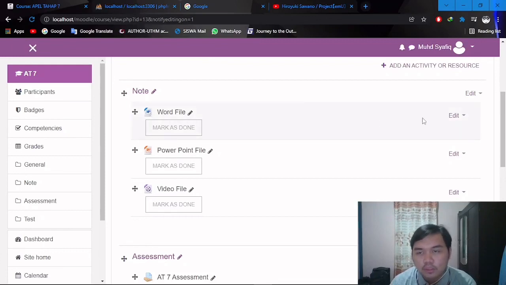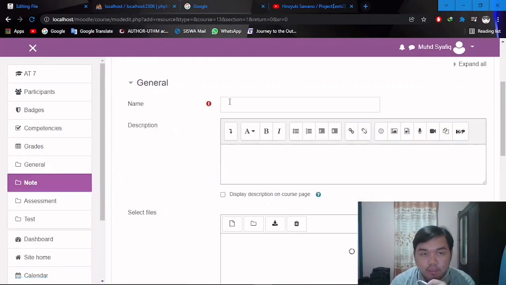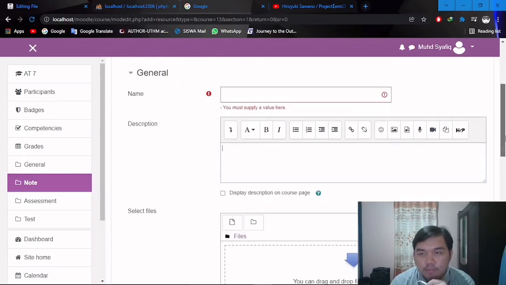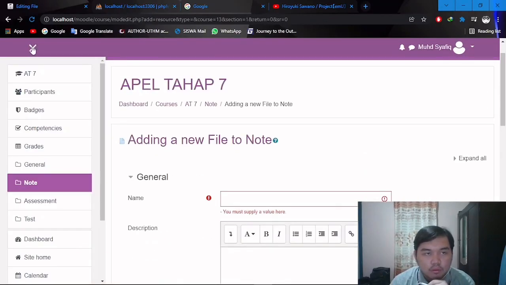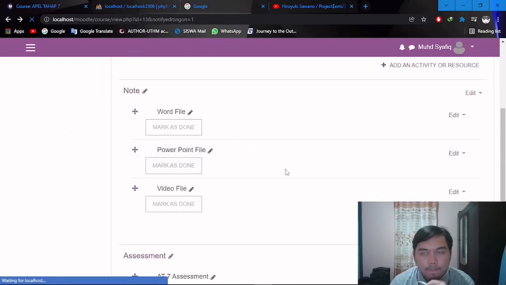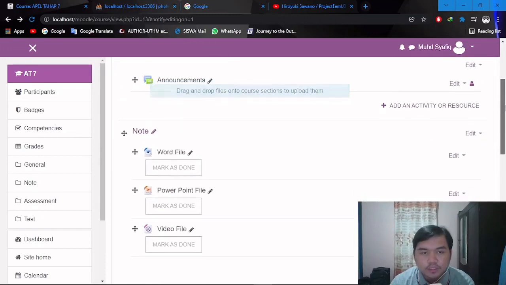From this note, the teacher can add an extra note if they want, and put a file here, and then add any more extra files they intend to, name it, describe it, and upload it from here. This can be done by both admin and teacher.